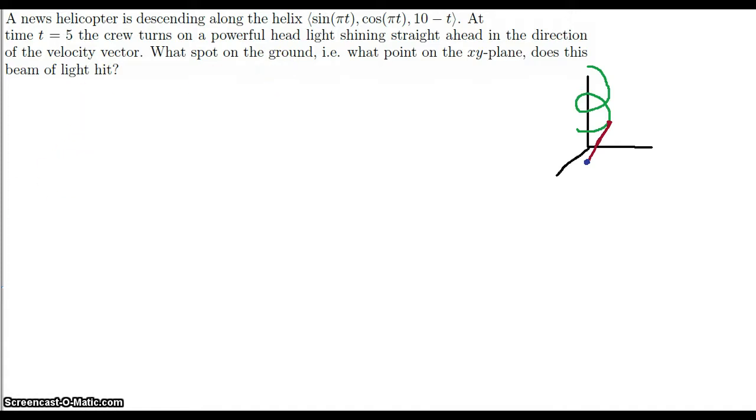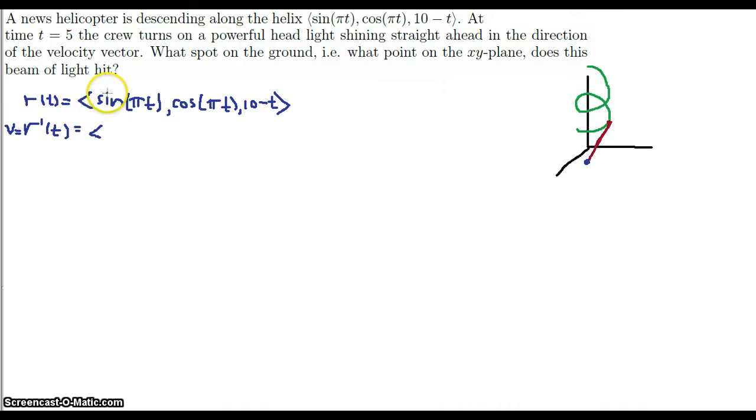So, r of t is the position vector. That's your helix equation, sine pi t, cosine pi t, 10 minus t. Now, the velocity vector is the derivative here. That'll be your velocity vector,